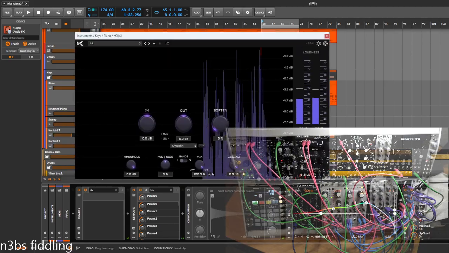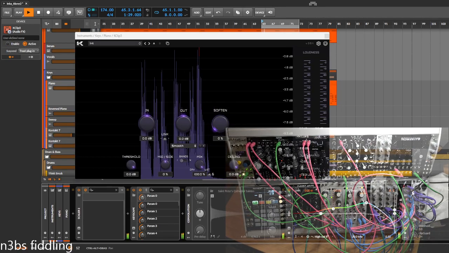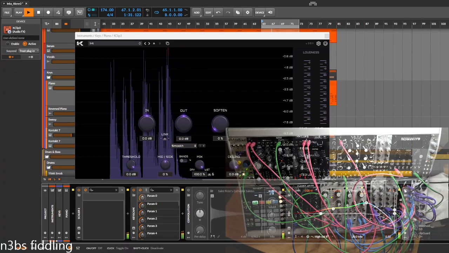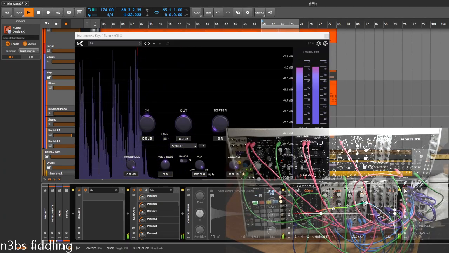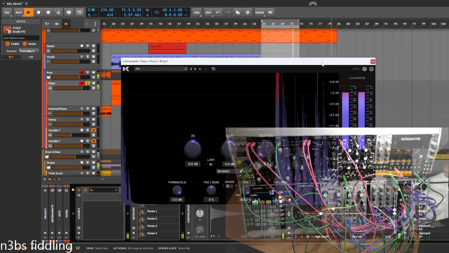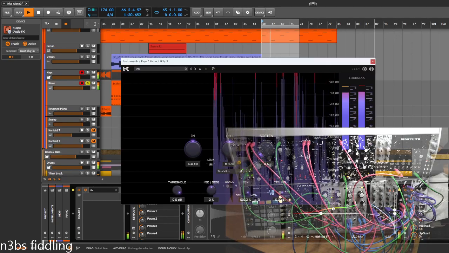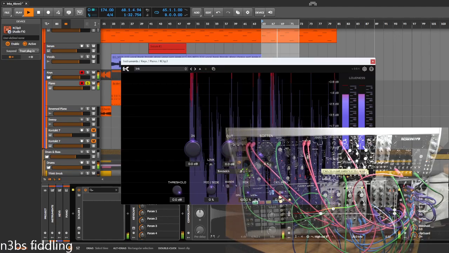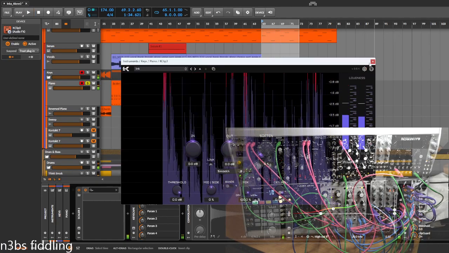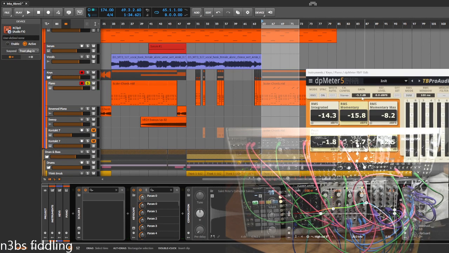Wait, what? I'm just looking at the dBs. Alright, so 4.7. So in theory, I can get this down. This minus 4.7 on here should